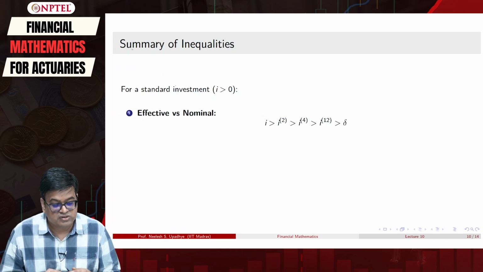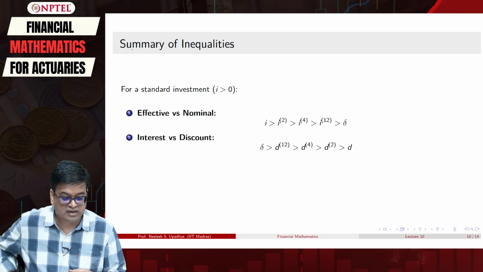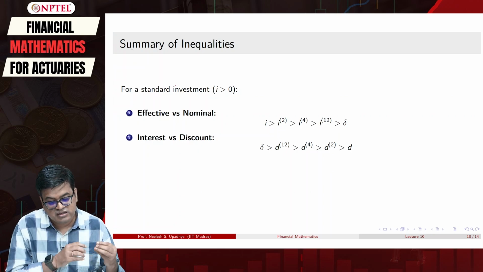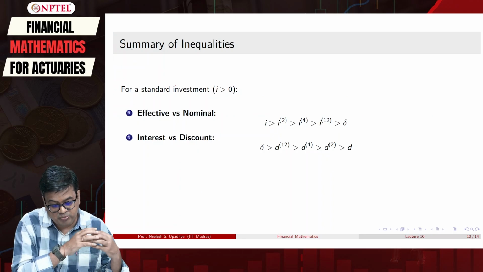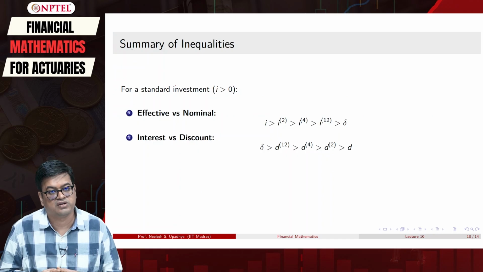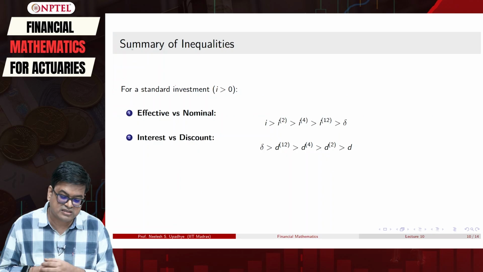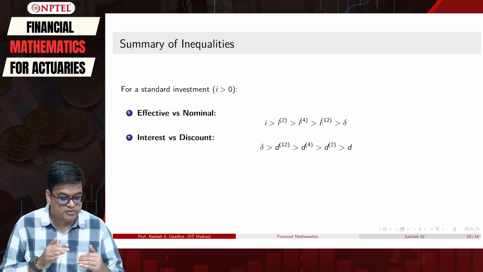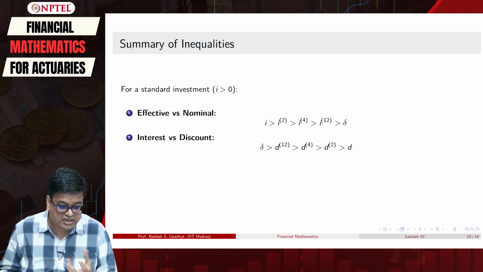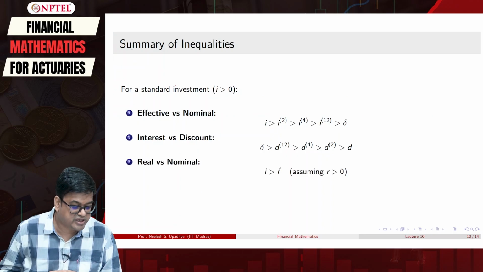What happens to the discount? The exact opposite story happens to the discount. When we are looking at discounts, delta becomes the upper bound, and as the frequency of compounding decreases, we reach that final effective discount. So, d12, d4, d2 and so on. In between, the order relationship continues. So, we have these two crucial relationships, and how delta is located at the balance point of interest rate and discount rate is also shown in this particular week.